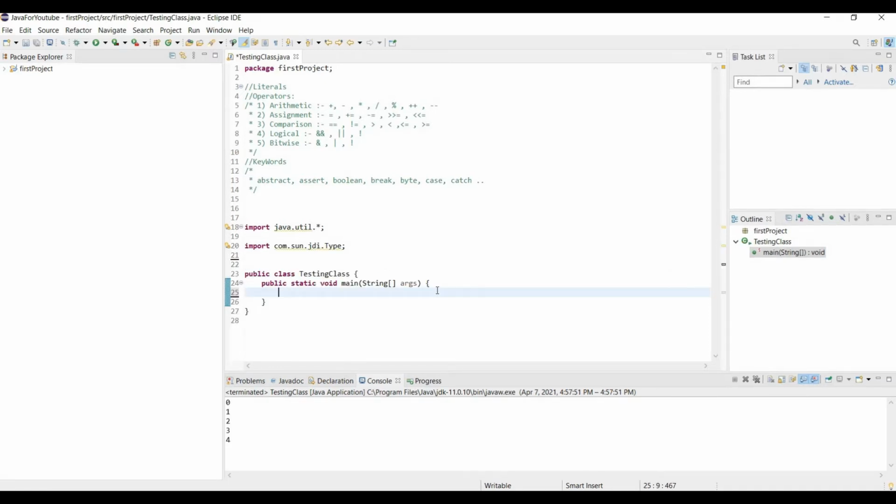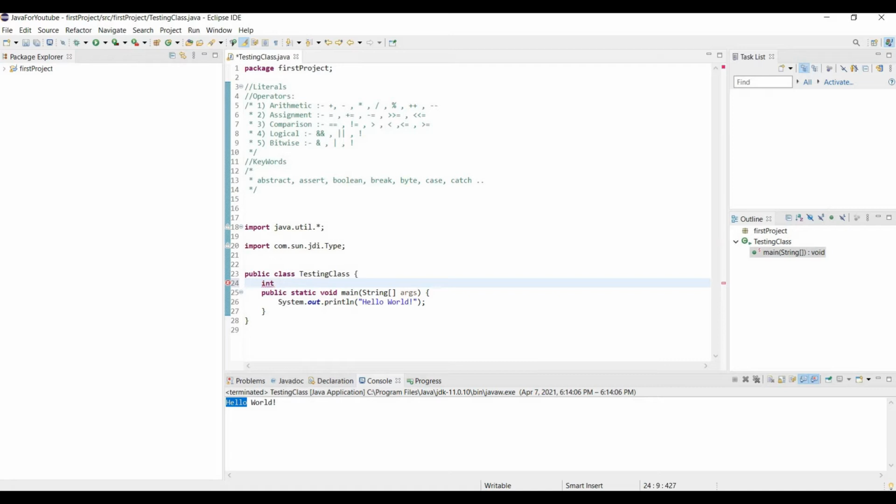Here we are going to see some practical implementation of the topics literals, operators, and keywords. Literals are very simple. If you say that here is a variable and its value is 8, and we are printing this variable here, we need to specify this as static.